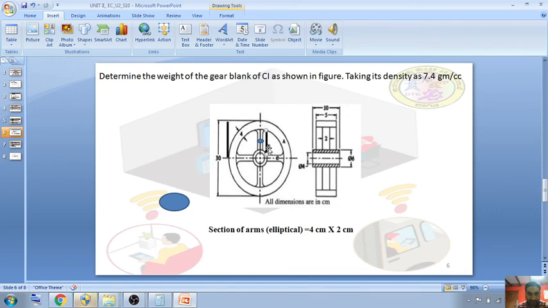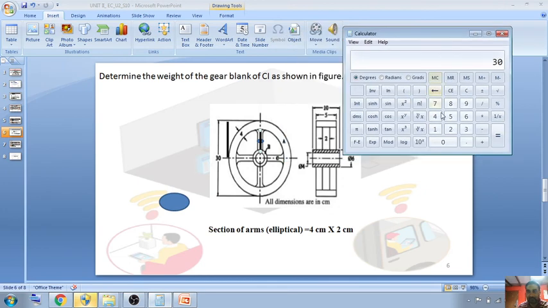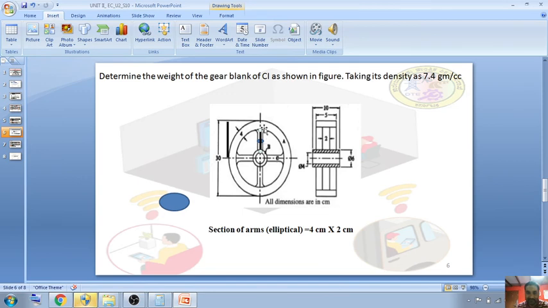We need the length of this rib only. So how to calculate? We have done half of this, then you have to take half of this bush. This bush is given as 4, so this length is given as 4. Now you got 15, minus 4, that will give you 11. But still it is not over. You have to subtract half of the outer dia of this because it is starting from here. Half of the outer dia 6 is 3, that gives 8. So the length of this rib is 8.